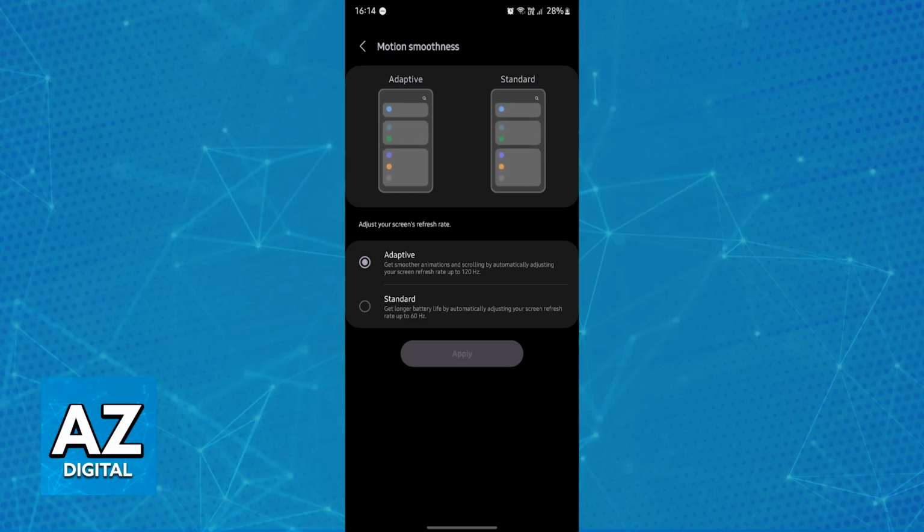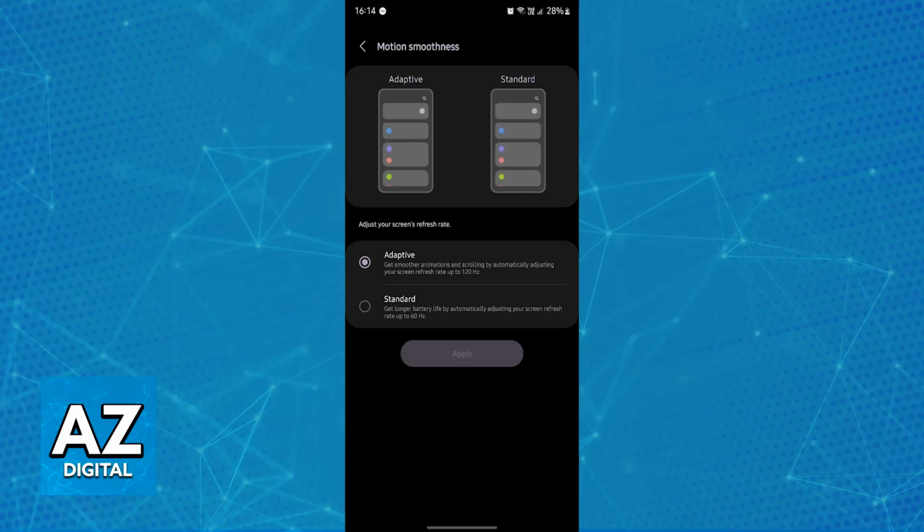Now, some users might find it weird that Samsung does not allow you to set it to a fixed 120 Hz. They do this in order to allow you to save battery. So adaptive will automatically control the refresh rate. And if you notice that you don't need 120 Hz, it will simply default back to 60. I thought this would be a downside, however, the way they do it automatically is wonderful, and it is worth it in the long run to save a little bit more battery. So all that you have to do is choose adaptive.